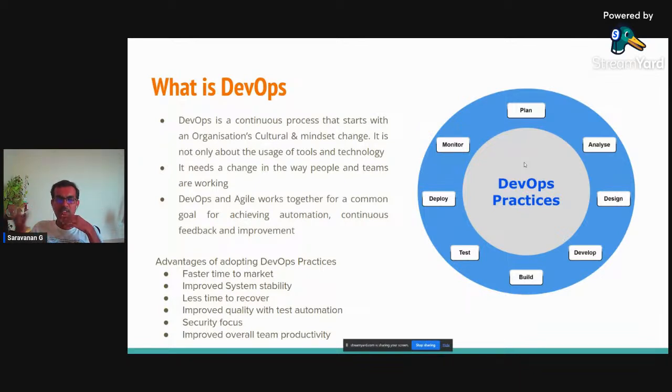The third thing is less time to recover. Since everything is automated, it will take less time to recover from a failure, right? So if anything happens, even in beta or production, it can be recovered faster because everything is automated. And then test automation is also brought in as part of the process,